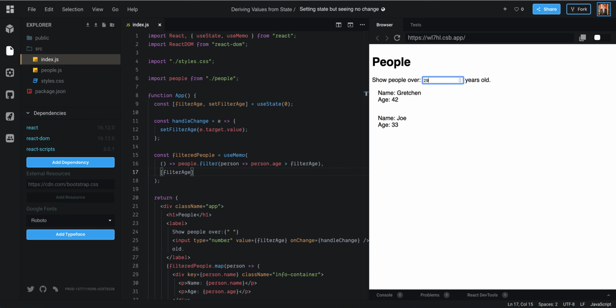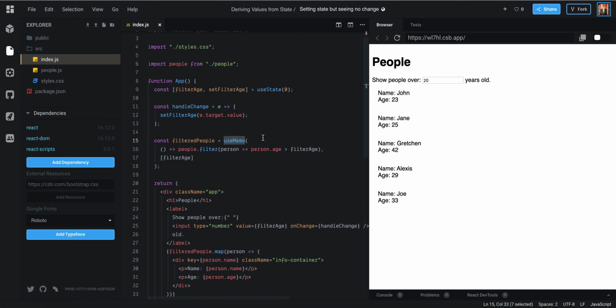And we'll recognize that this works immediately again, which is great. So useMemo is using a computer science method called memoization. What that means is if the argument that it receives is the same as the previous argument it received, it's just going to return whatever the previous value was. So you don't want to run any side effects in here. That's what useEffect is for. If you were fetching some data or writing to a database or changing anything that would be side effect related,